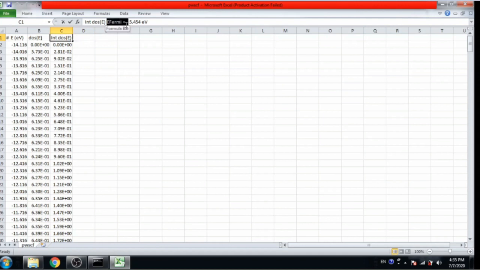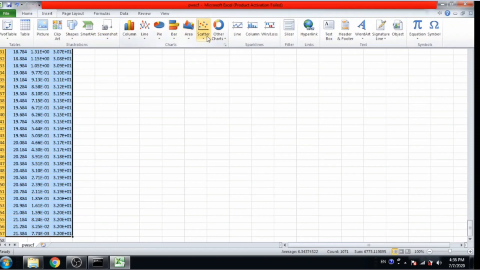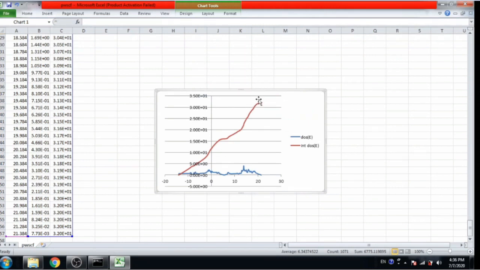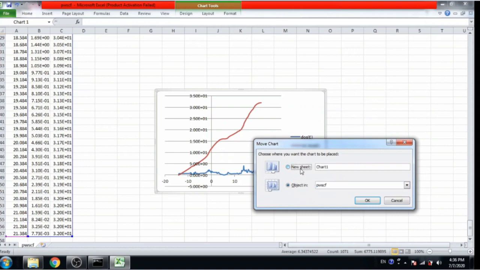Now remove this E Fermi or paste the E Fermi in another cell for future reference, and remove this hashtag from the energy. Now select these 3 columns by shift, control and down arrow key. Insert graph, scatter graph without points, smooth line. There is a graph. Right click on the graph and move chart to a new sheet.